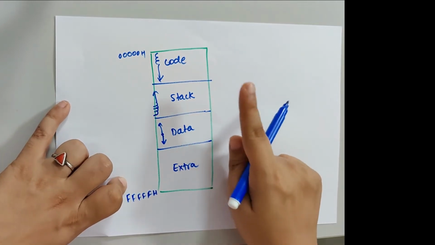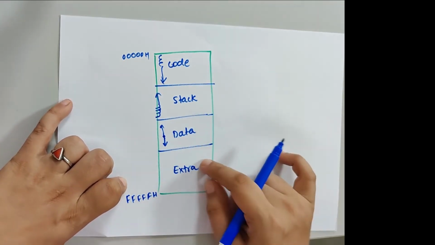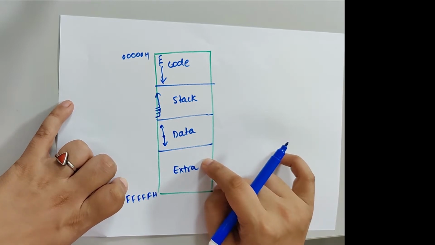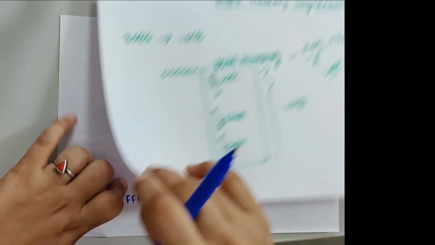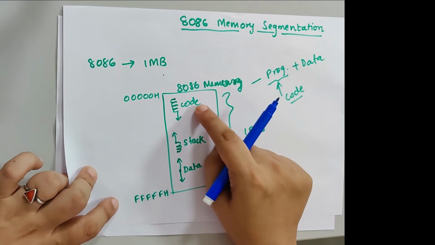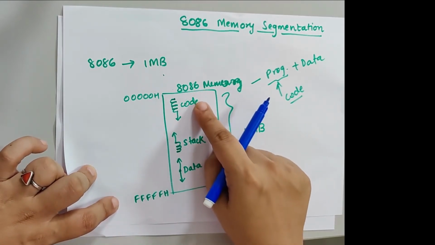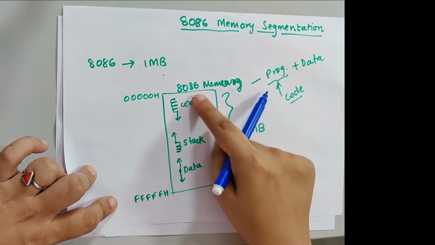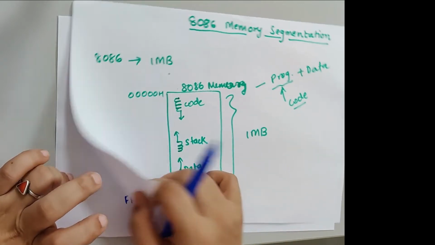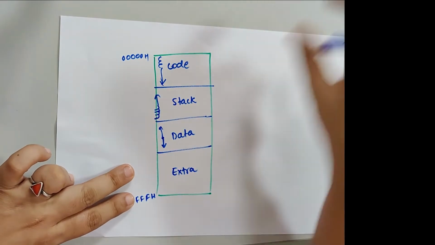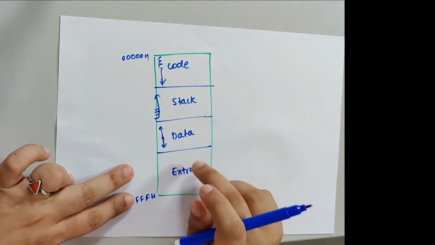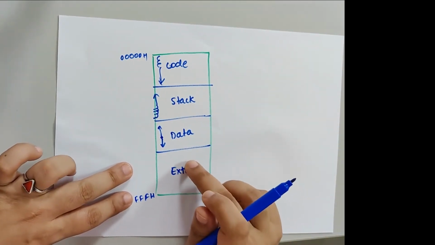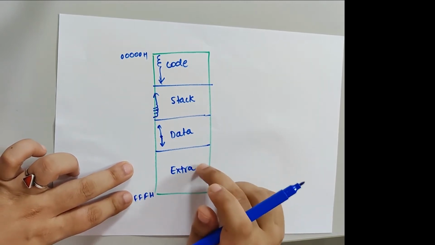Now the obvious advantage of segmentation is that it prevents the overrides, which was happening earlier without the segments. We have seen that if we keep on storing code and we keep on storing stacks, eventually they may overlap, right? So if we have created these segments, the problem of overlapping is resolved. Now, but there is one more problem.